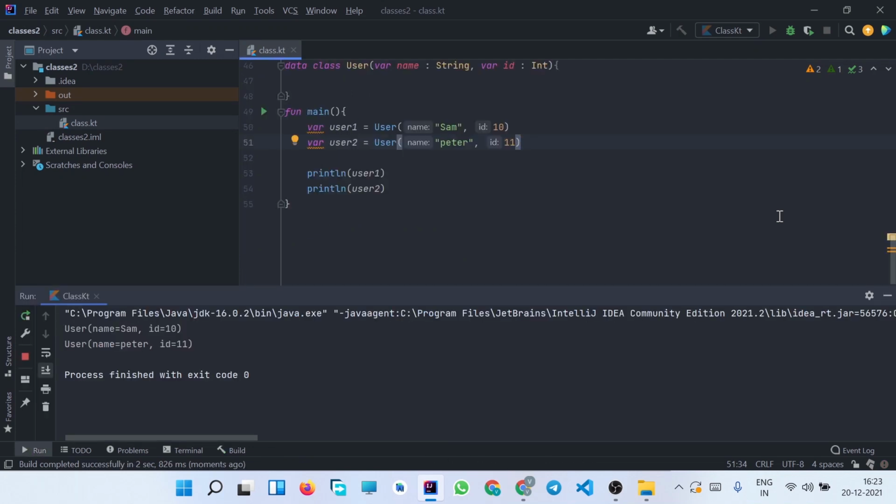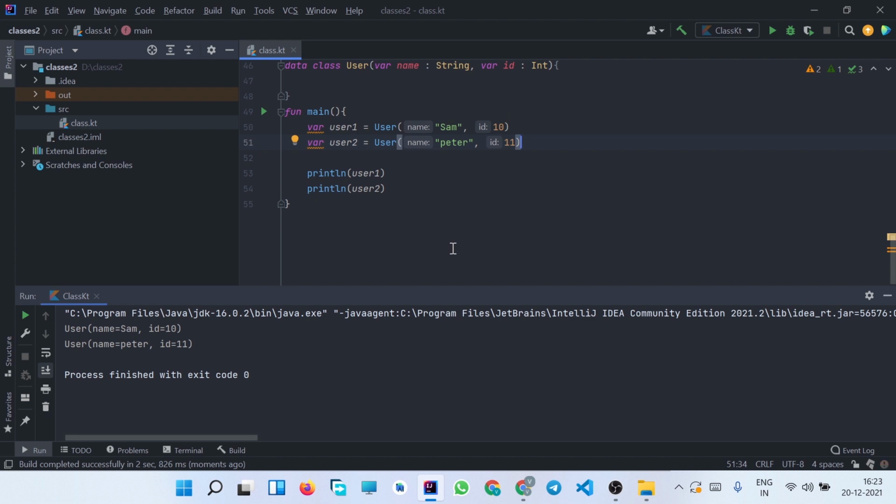You can see in the output we got user name Sam, id 10, user name Peter, and id 11. So this is the advantage of using a data class, since it directly deals with the data of the attributes that we have initialized.